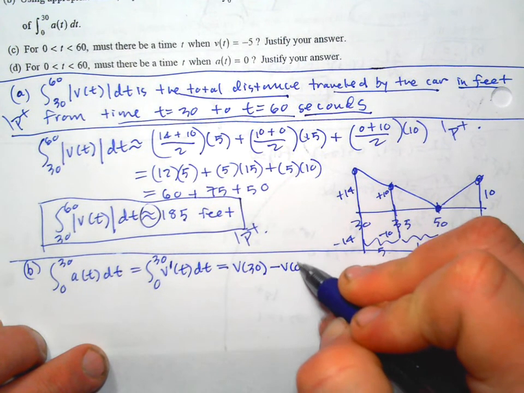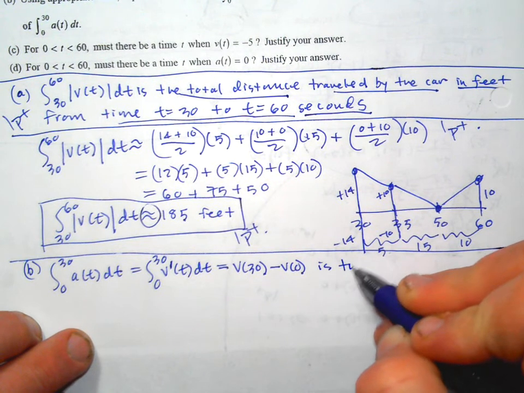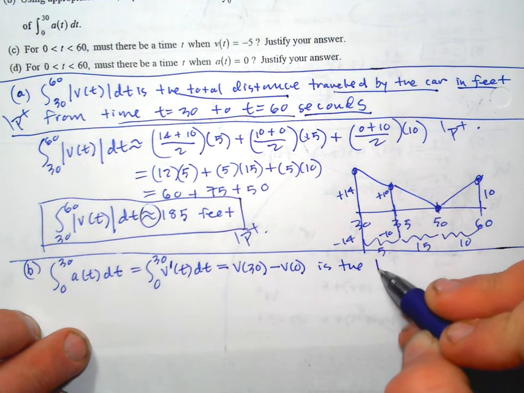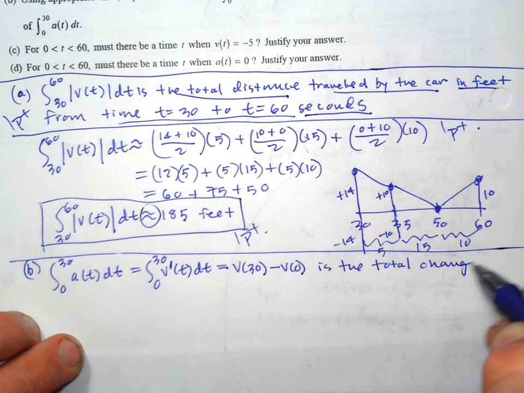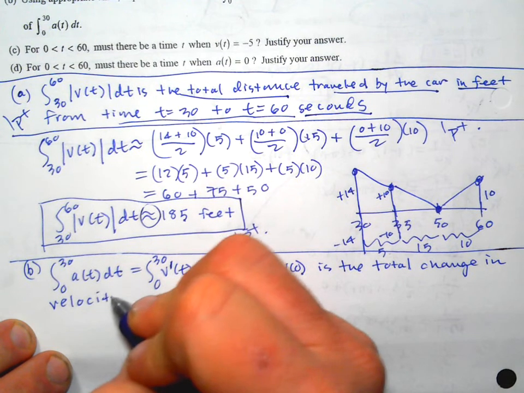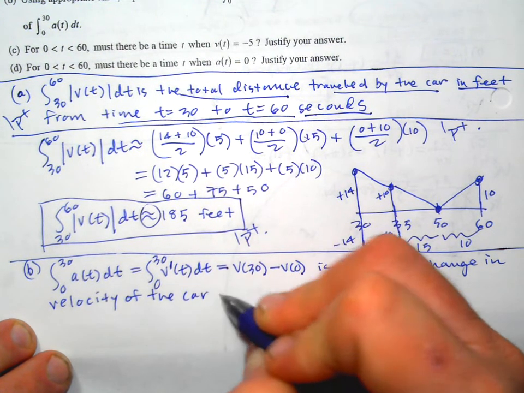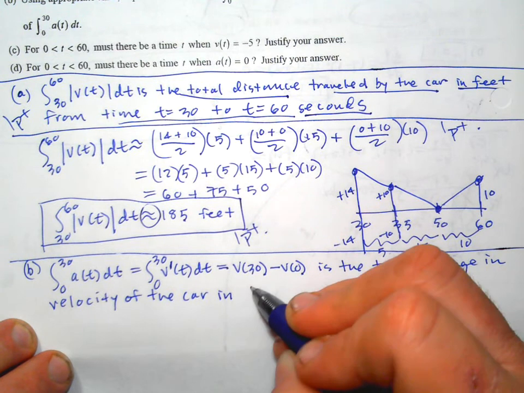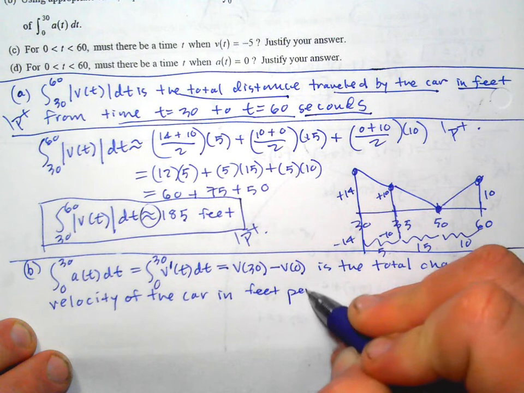So I would say that this is, not that you have to write this stuff, it is the total change in velocity of the car in, what are the units of velocity? Just look up that table, feet per second